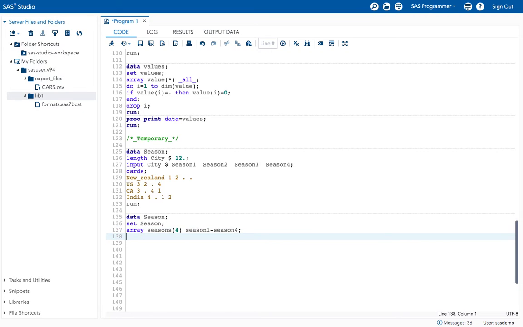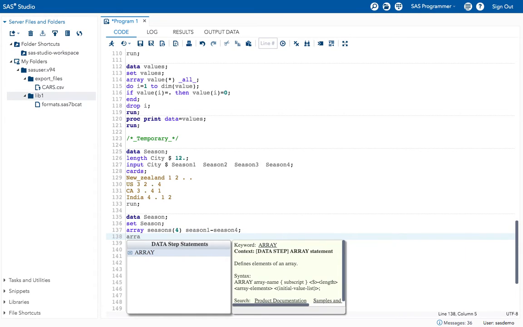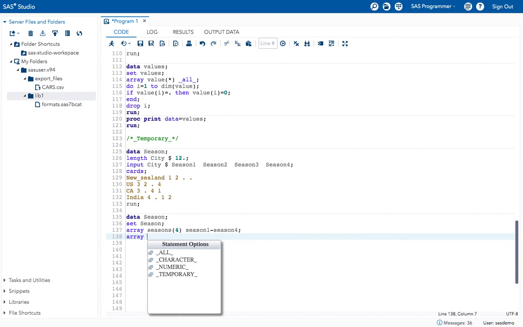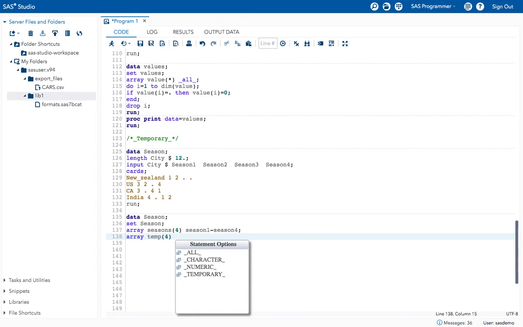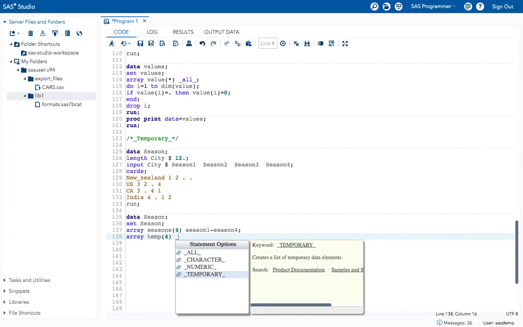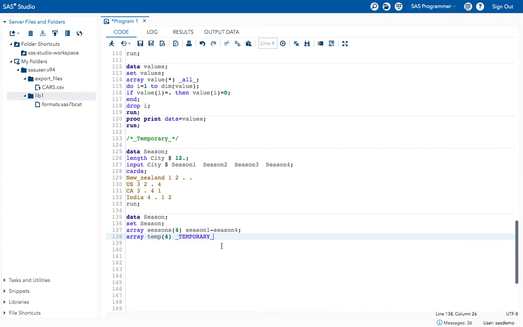Now give another array. Take any array name. I am giving here temp as the array name. For how many variables? 4 variables. I say _temporary_ now.